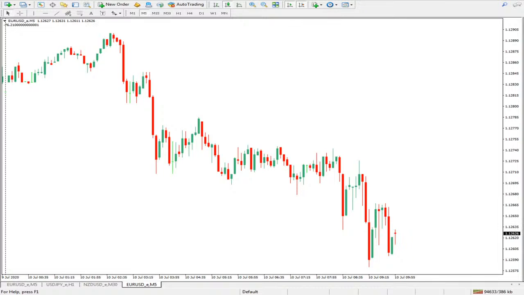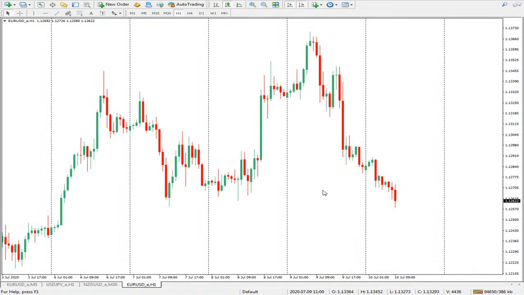Let's see exactly what we expect to be happening on various charts. So we'll start off with a chart on our screen, Euro USD. This is what we're looking at. You can see a 5 minutes chart. We'll move to